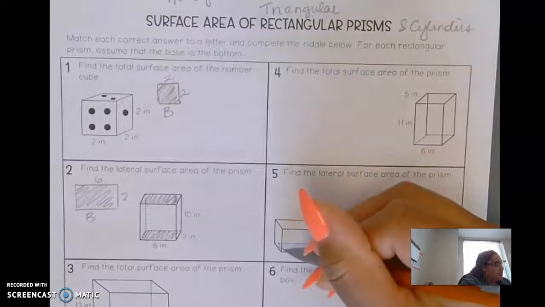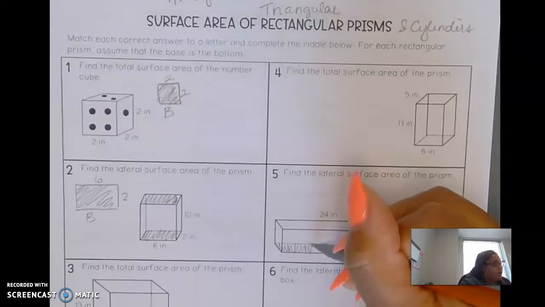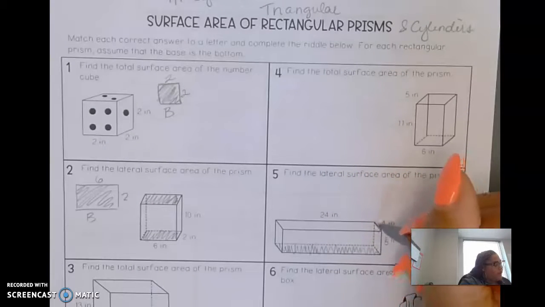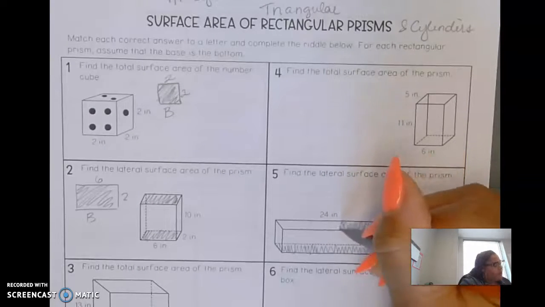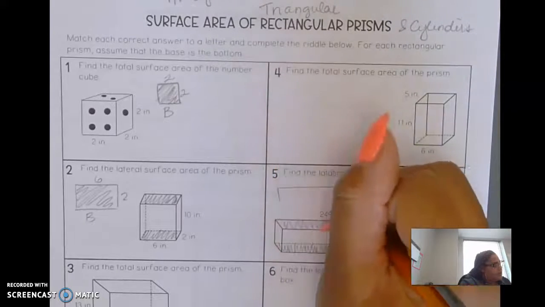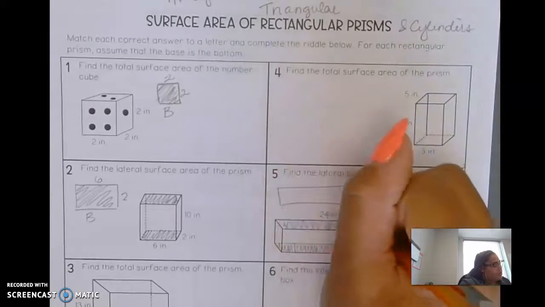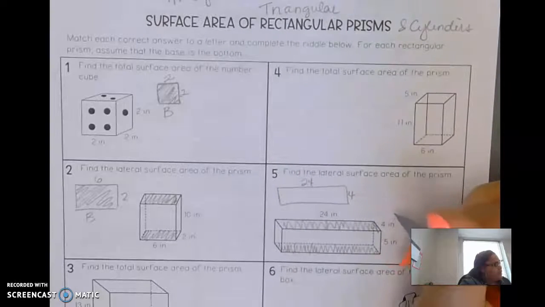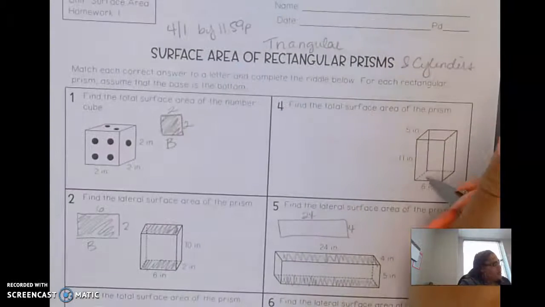This one would be my bottom because it's the bottom. And this is a 24 by 4, because 5 is the height. 24 by 4, and then this one is a 6 by 5,